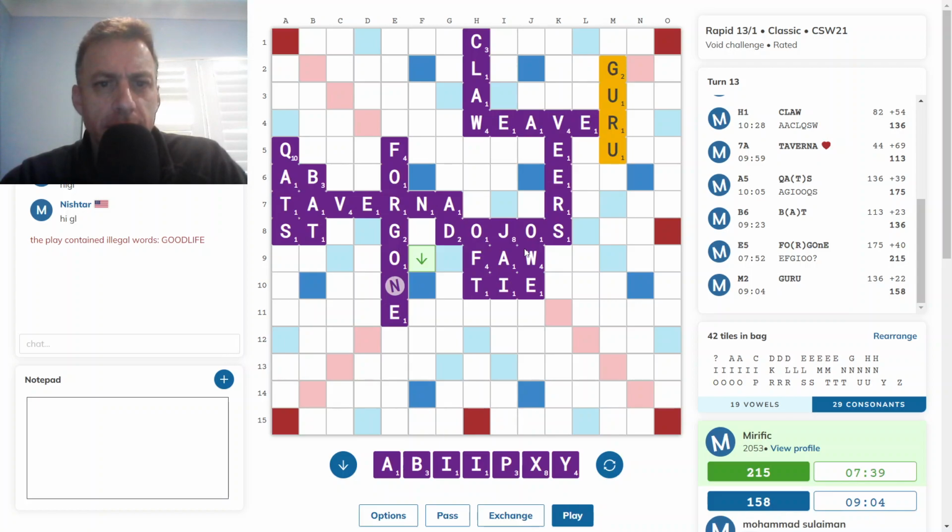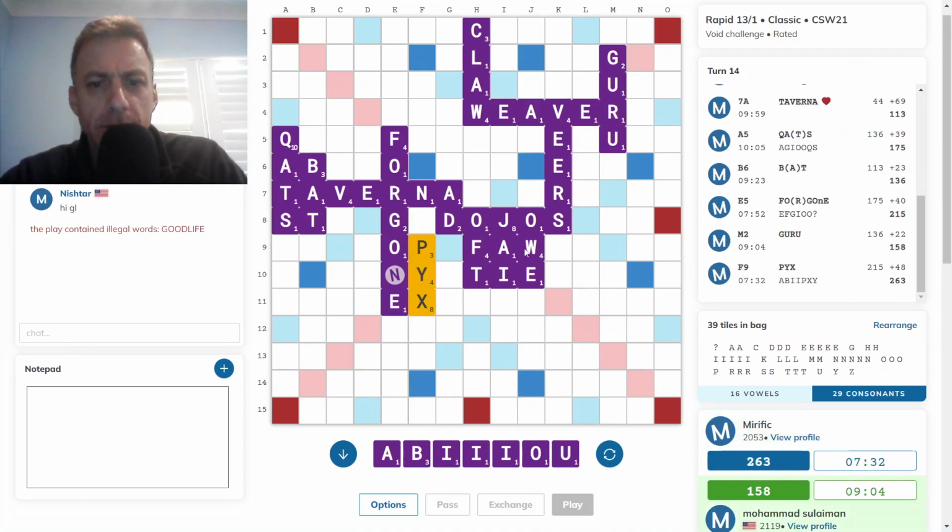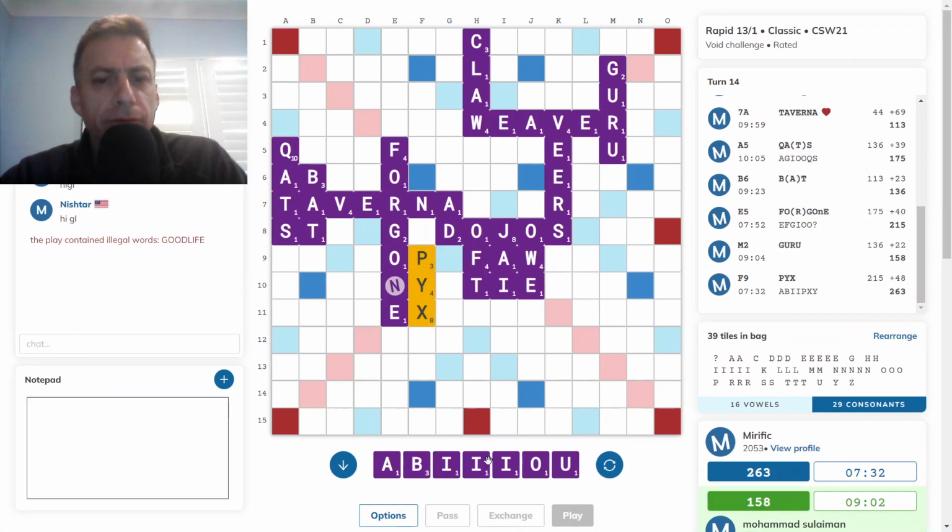Pixie is good. Oh, what about Pix, PYX? That looks alright for 48. I'll go with that one. A dreadful pickup. REB through an R to get rid of